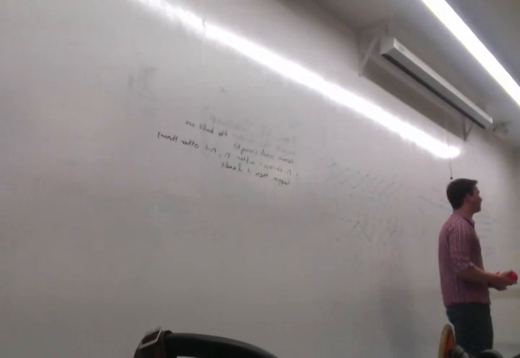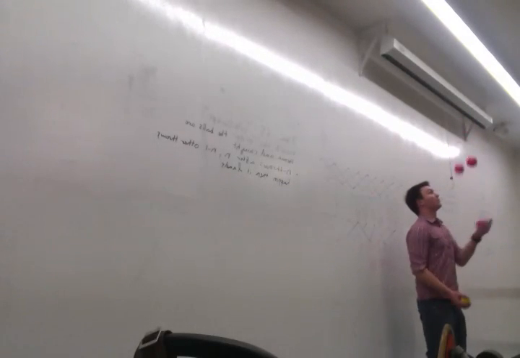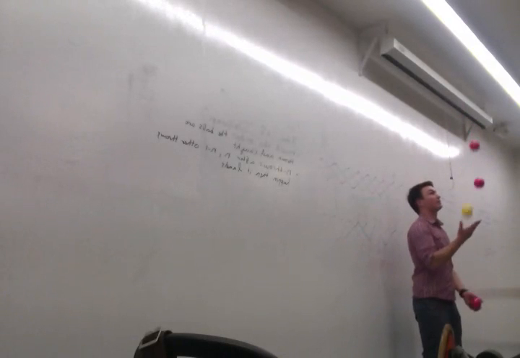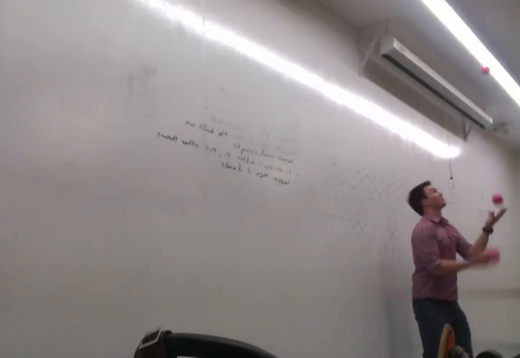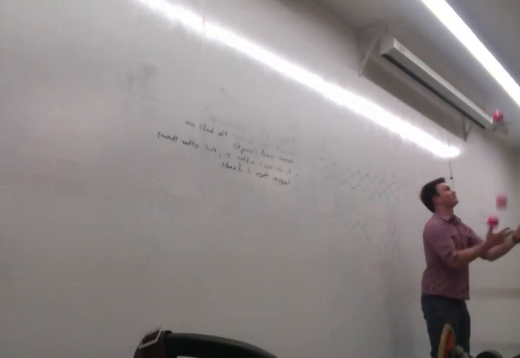And then the second condition, only one ball in a hand at a time. So here's an example of that. As you can see, there are 2 balls in one hand at any given time. Here's a more interesting pattern. Those patterns are really interesting. They're fun to talk about, and there's a lot of cool math behind those too, but they violate these rules, and they should be talked about, just not now.